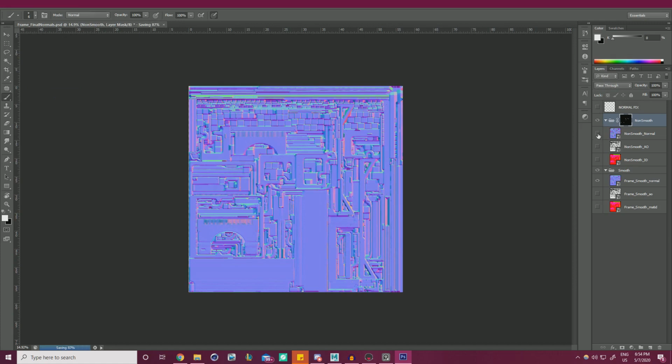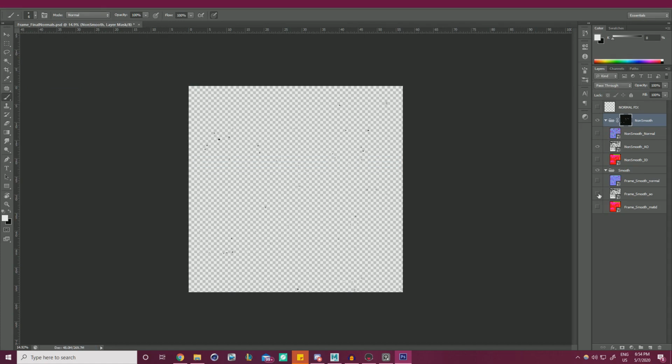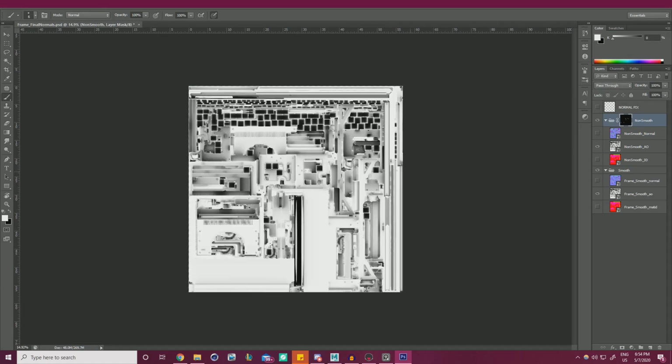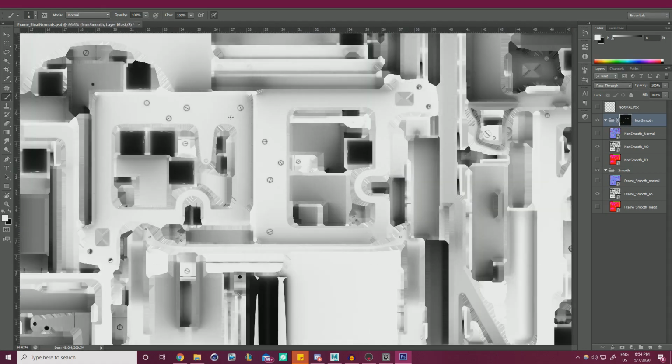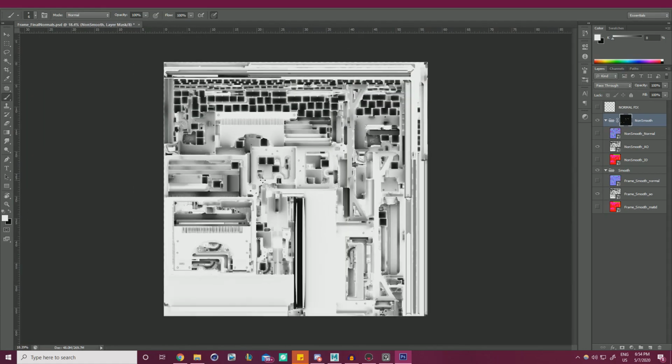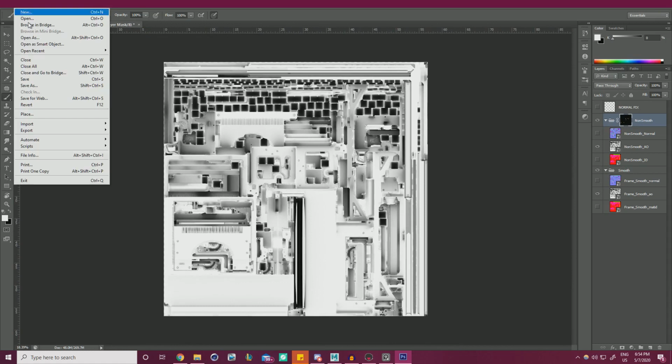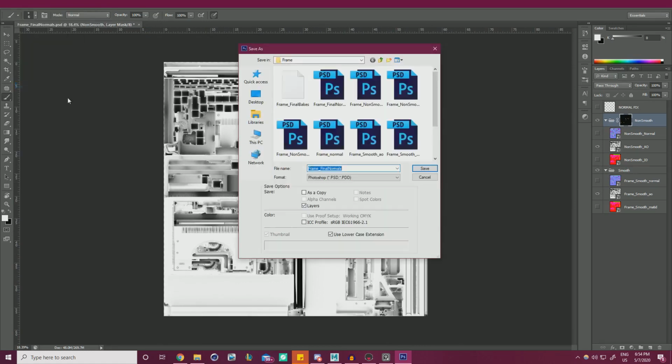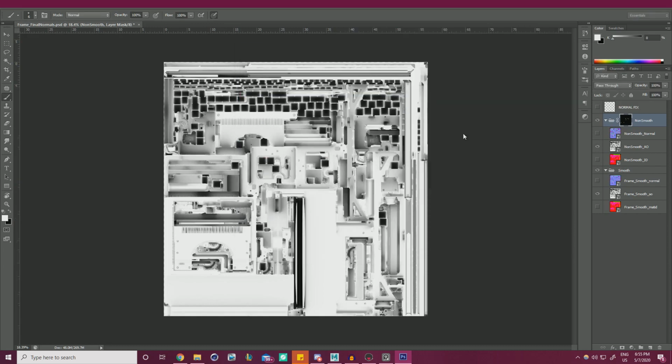We can then just show ambient occlusion and just check that, yeah, this is all straight like we've intended it to be. Go to File, Save As, Frame Final AO, Save, and then